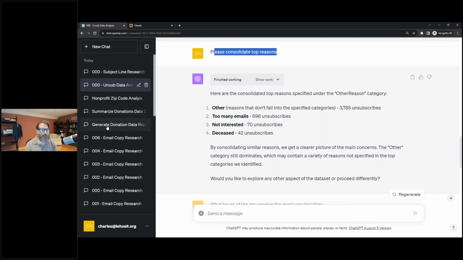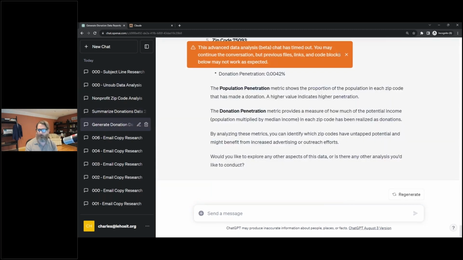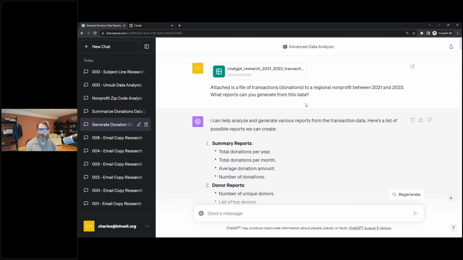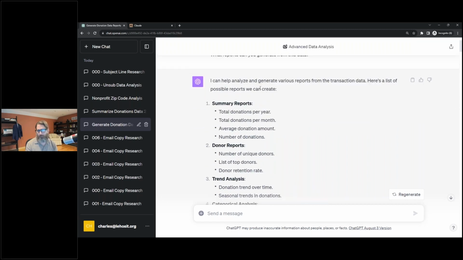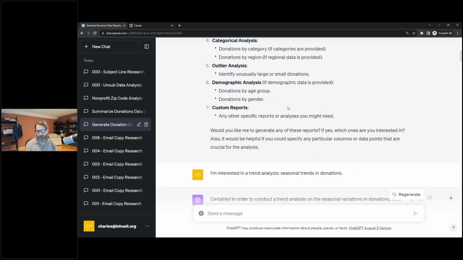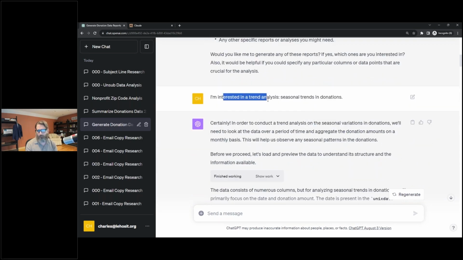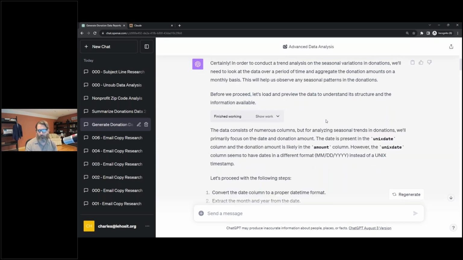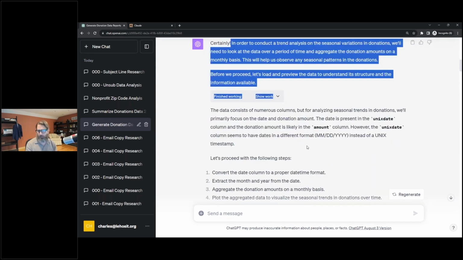Let's go into, let's see here. Here's a file from transactions and donations of a regional nonprofit between 2021 and 2023. You can upload the data and then ask, what reports and insights can we get from this? Okay, I'm interested in a trend analysis report. Let's go for the seasonal trends and donations. It goes through the methodology. It explains, and this is what's really great,